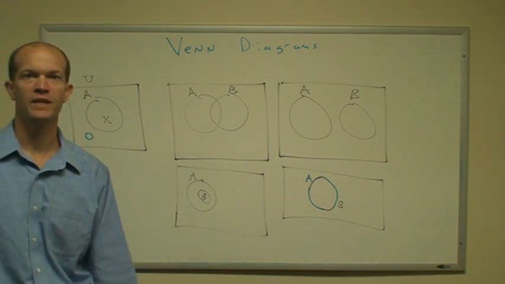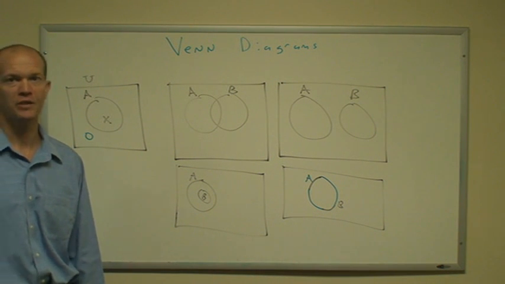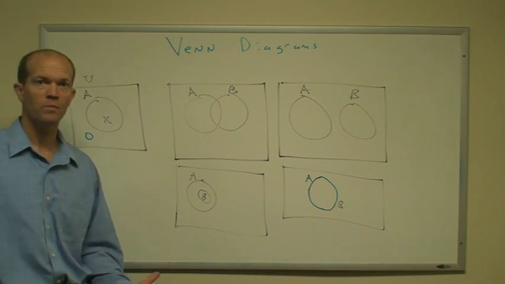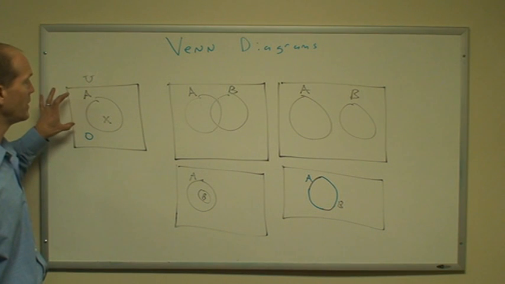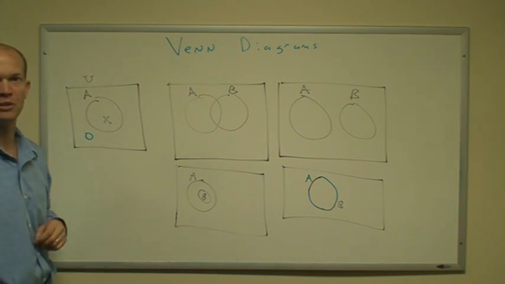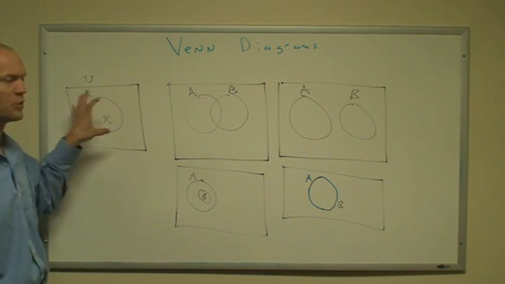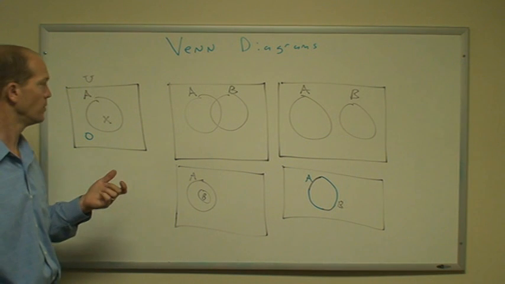In this video, we'll discuss Venn diagrams. For this class, we'll use Venn diagrams both in the logic section and in the probability section. We use Venn diagrams to represent sets and relationships among those different sets. A typical Venn diagram is made up of a universal set, which includes everything within the rectangle,